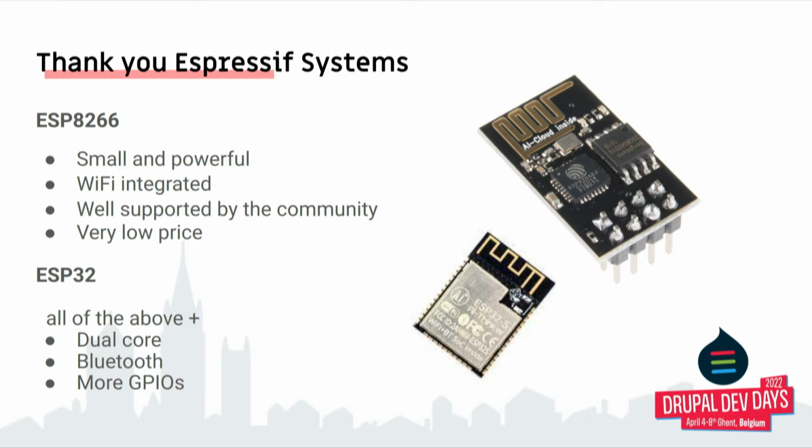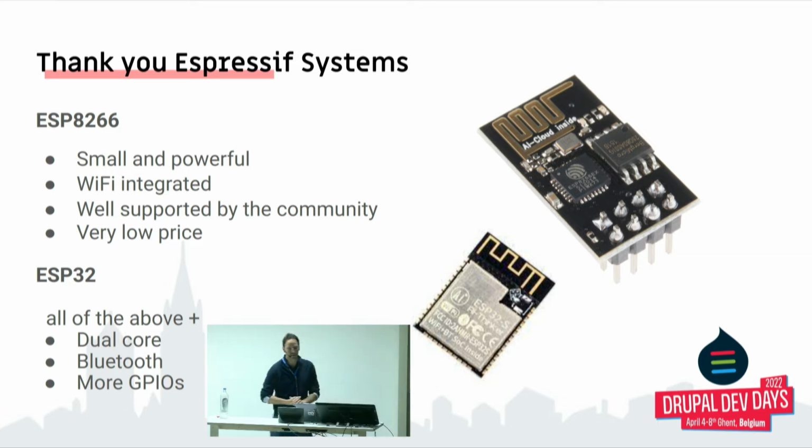You probably use them in most of your devices at home. If you have some smart switches, smart sliders, this is what's inside. If it has Bluetooth, it's the one below. If it doesn't, it's usually the one on top. Not the whole thing, just the IC on it. They're small, they're powerful. Wi-Fi is integrated, very low price. And the ESP, so this is for